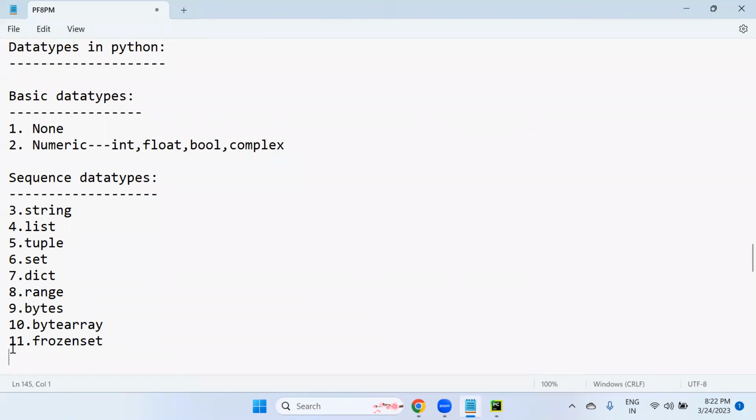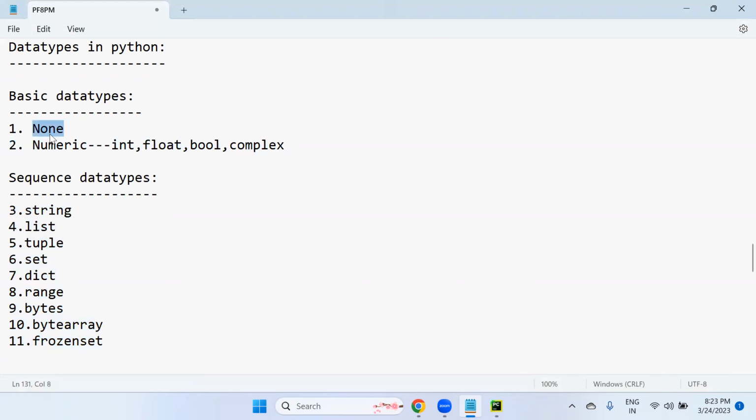So these are all data structures, like sequence types we can say, or advanced data types in Python, or sequence data types, or data structures also we can call it. But these are not data structures. These are simple data types and basic data types clearly. So let's begin with basic data types.